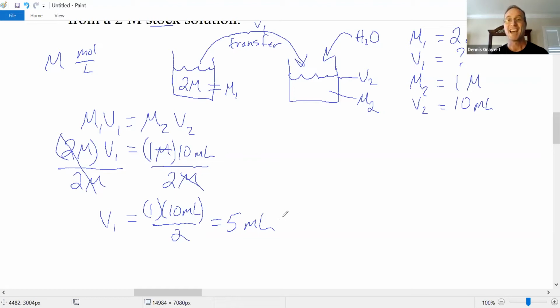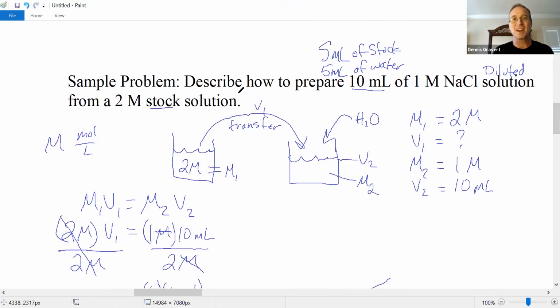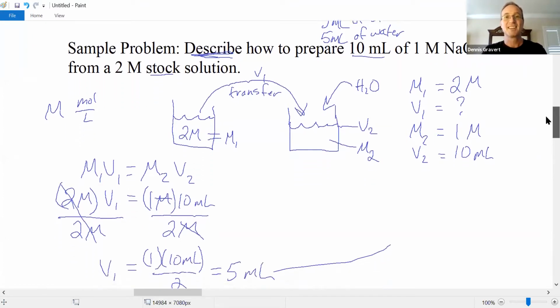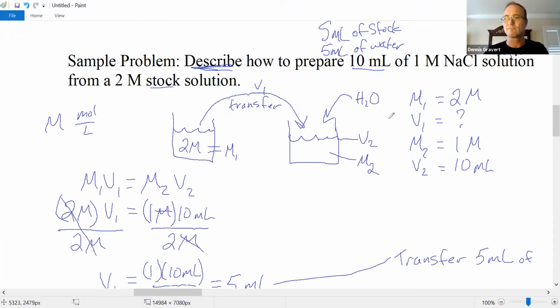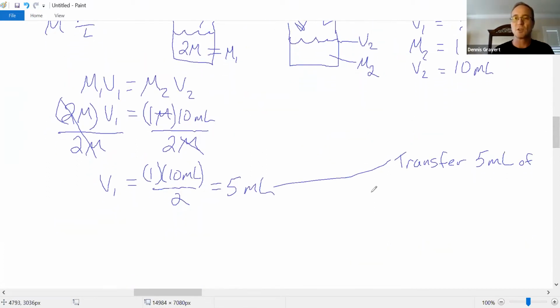Ooh, I felt like I was done. I'm not done. The problem says to describe. All I did was calculate. So how do you do the dilution? I'll talk about this process right here. What you want to do is you want to transfer or pour, you can use your own words, transfer 5 milliliters of the stock solution. They use that word, so we can use it too, right? The 2 molar stock solution. You could say 2 molar, or you could just say stock solution, that'd be okay. 2 molar stock solution